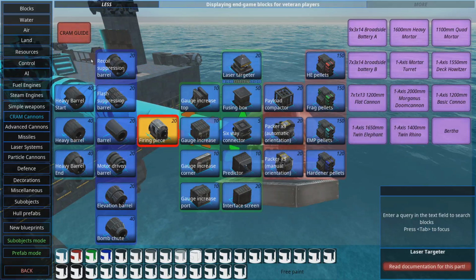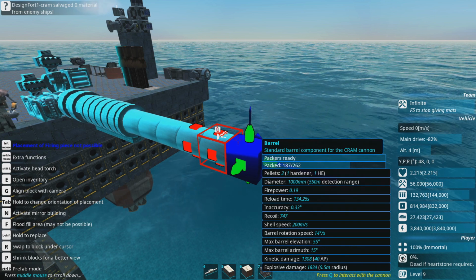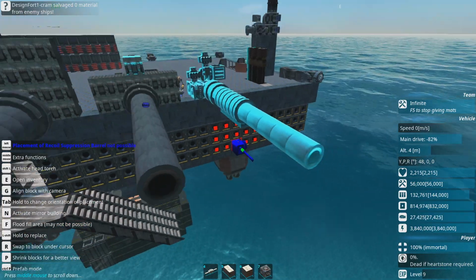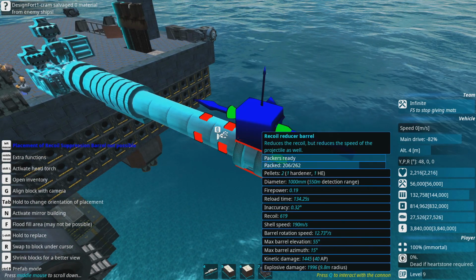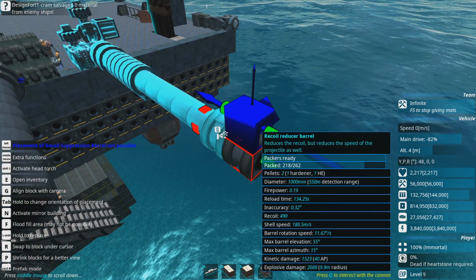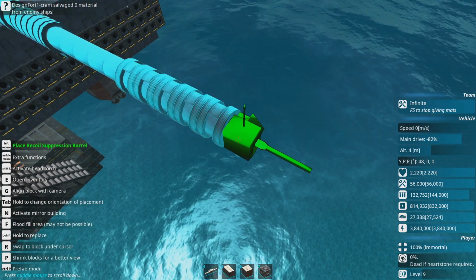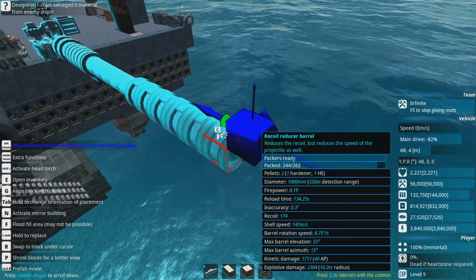One is the recoil. You'll notice this gun has a recoil of 750, and it's going up, and we can add a recoil suppression barrel. Now one problem here is we reduce the recoil, which is good, but each time we add one in, you'll notice the shell speed is going down as well. So if we put a few in, we can reduce the recoil quite substantially. It's also reducing inaccuracy,